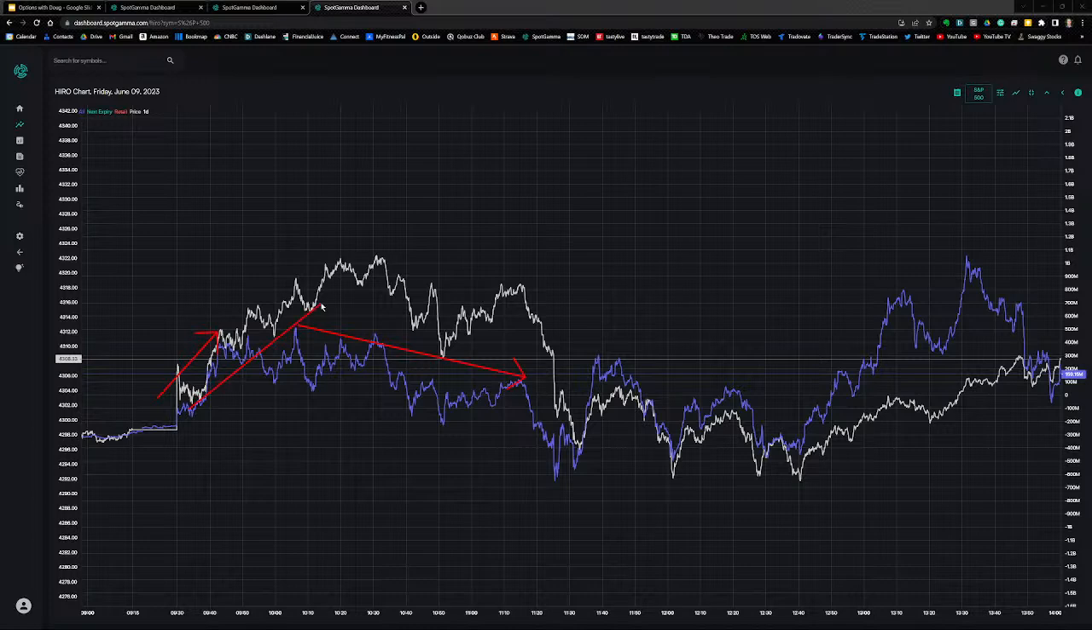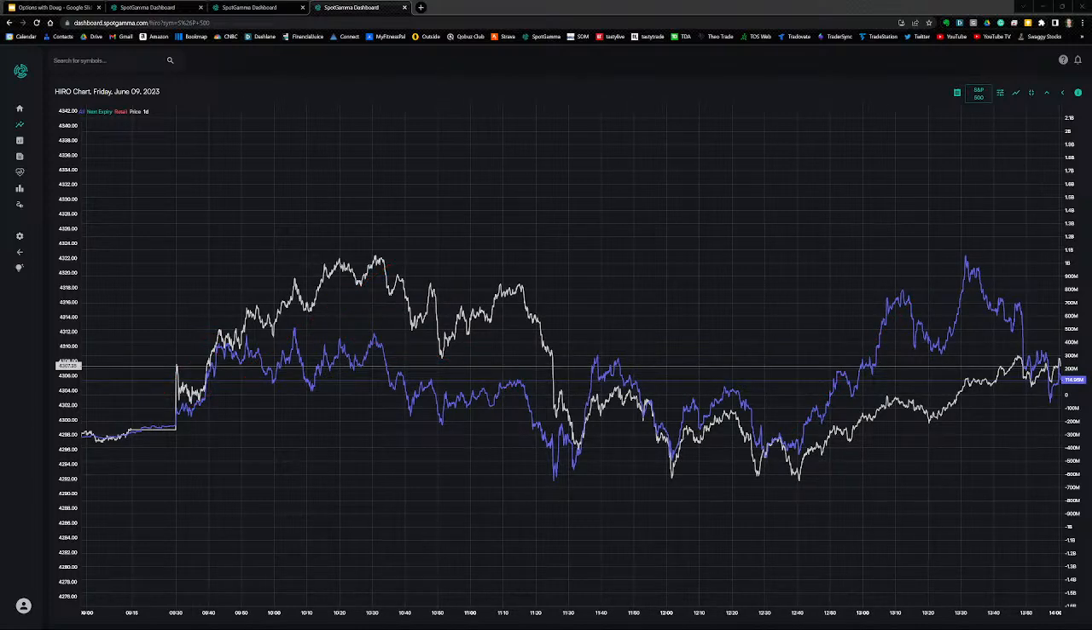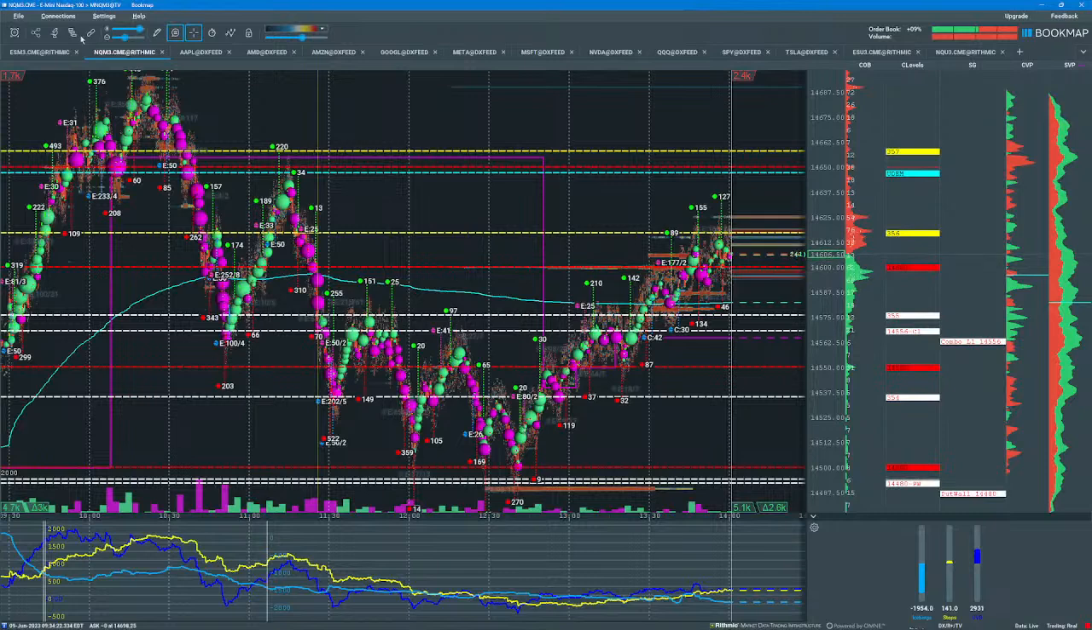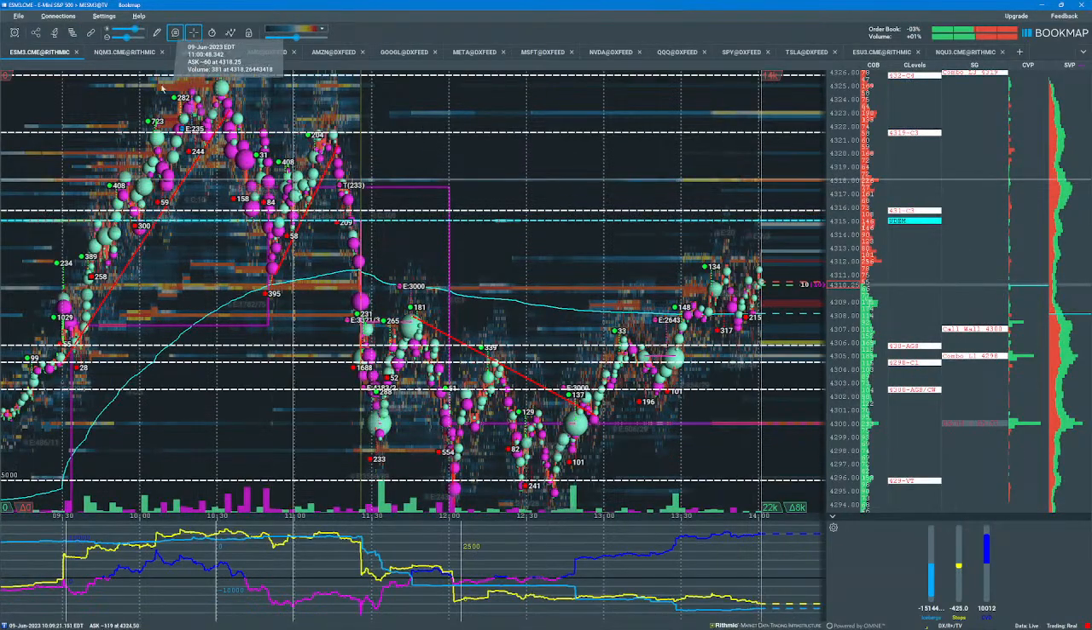at this trend break right here. And then there was also a confirmation about 12:40 for a long setup. So let's take a look at the morning session. Go back to Bookmap, go back to ES. So here's the